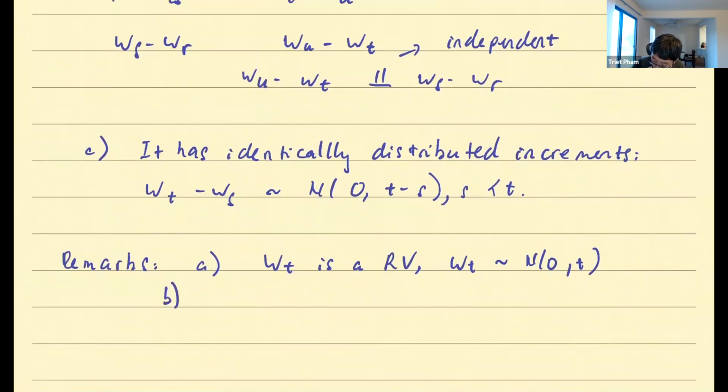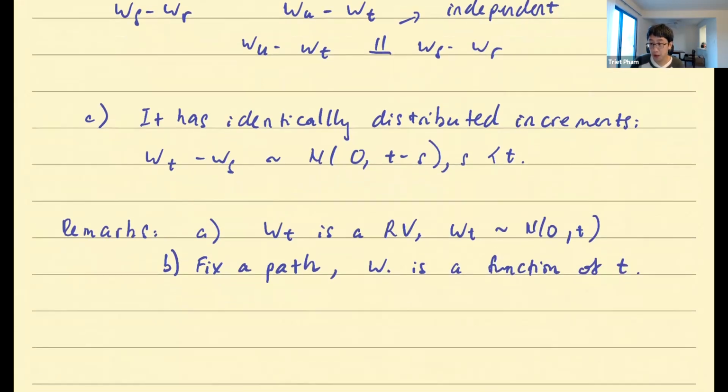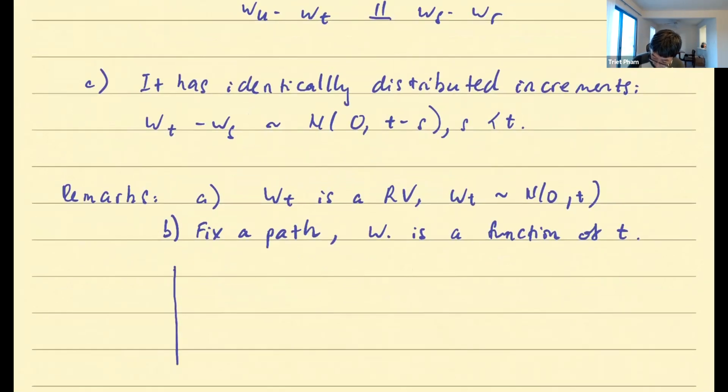B, that's fixing the time, so that's looking at spatial value. If you fix an event, fixing a path, like a sample path, fixing an event in history, then W(ω, ·) is a function of time. So it's just a function of time, and that's why it's called a process. A process basically is a function of time. And you can try to draw that path.